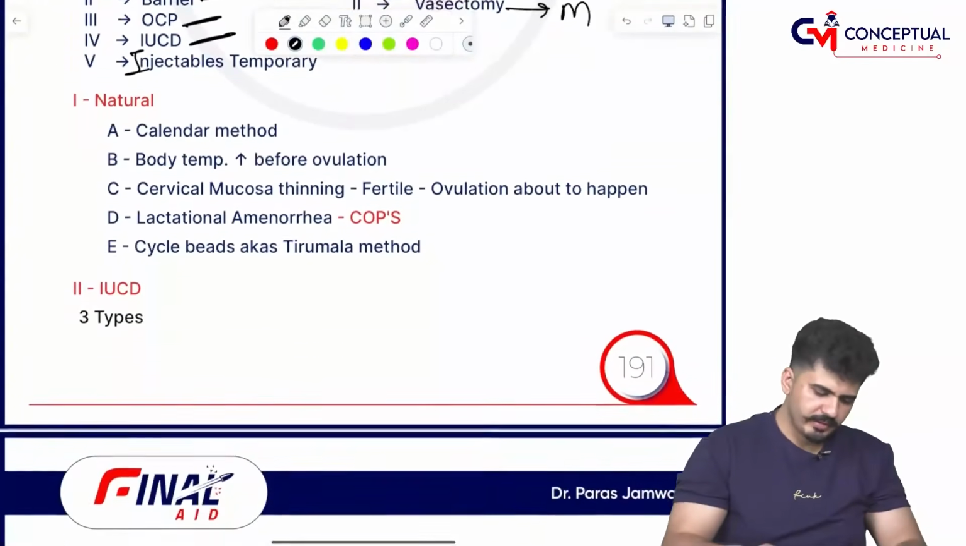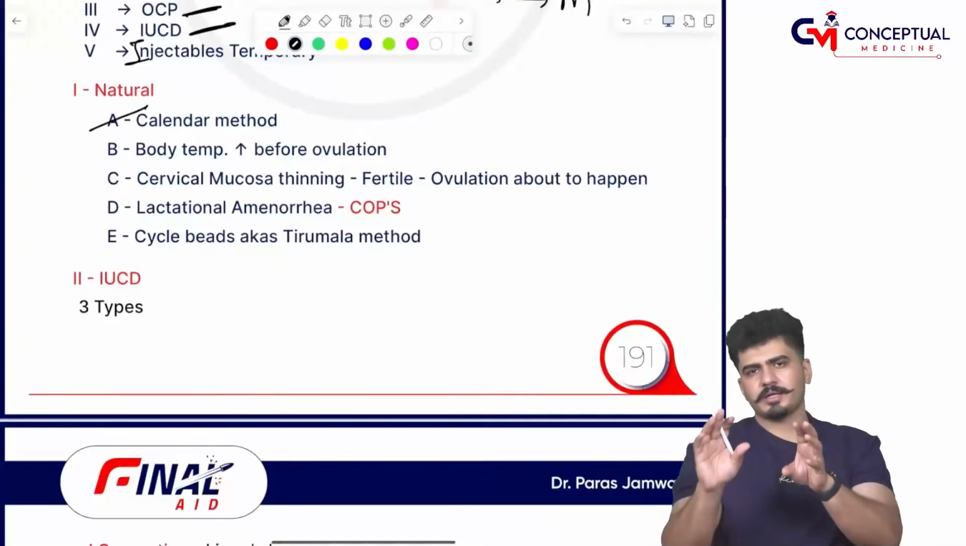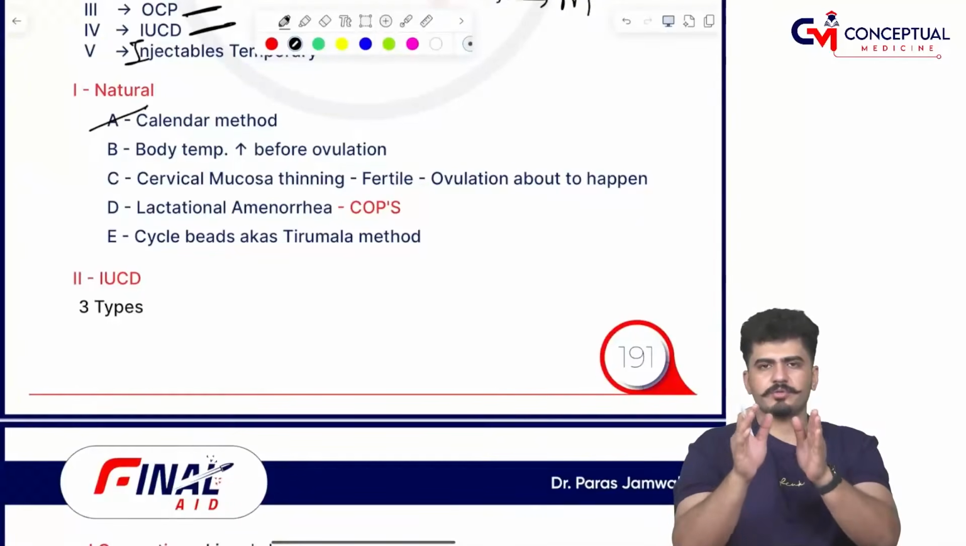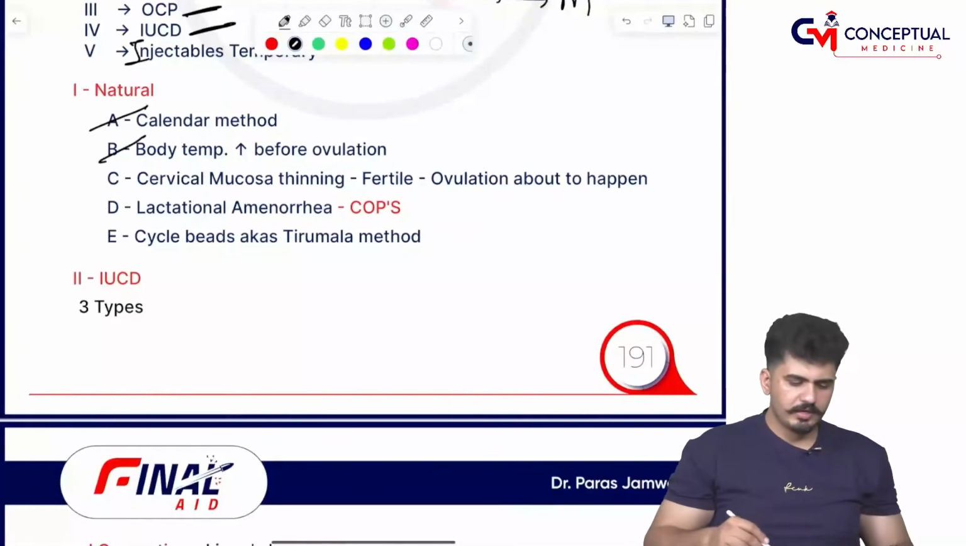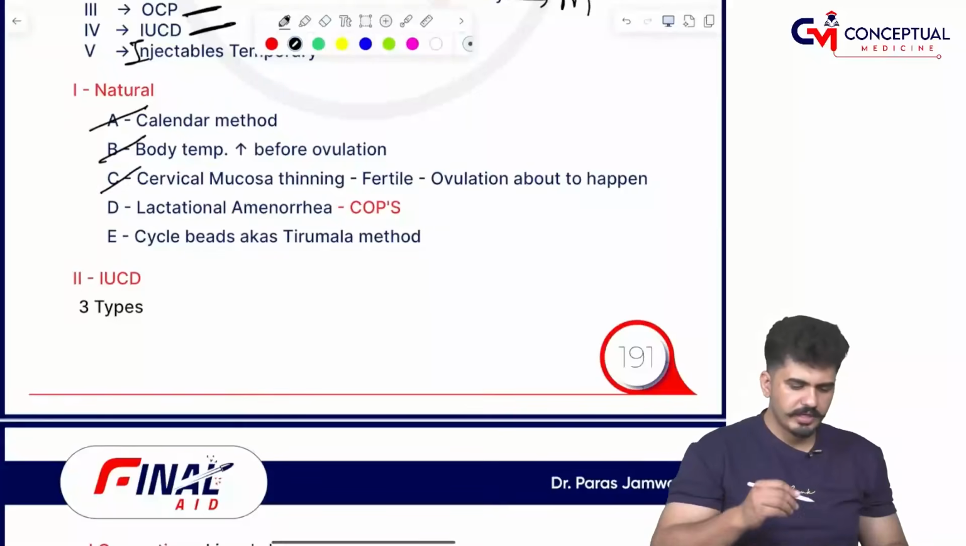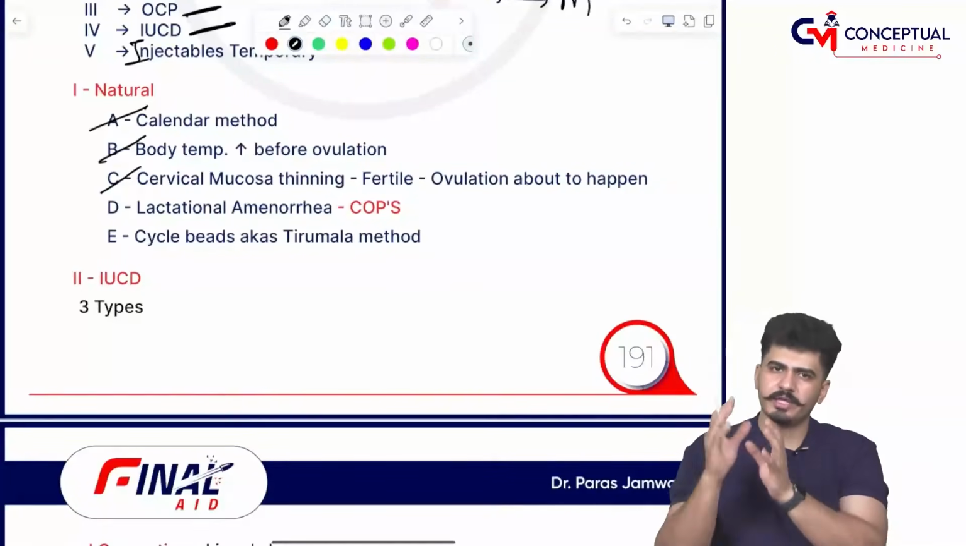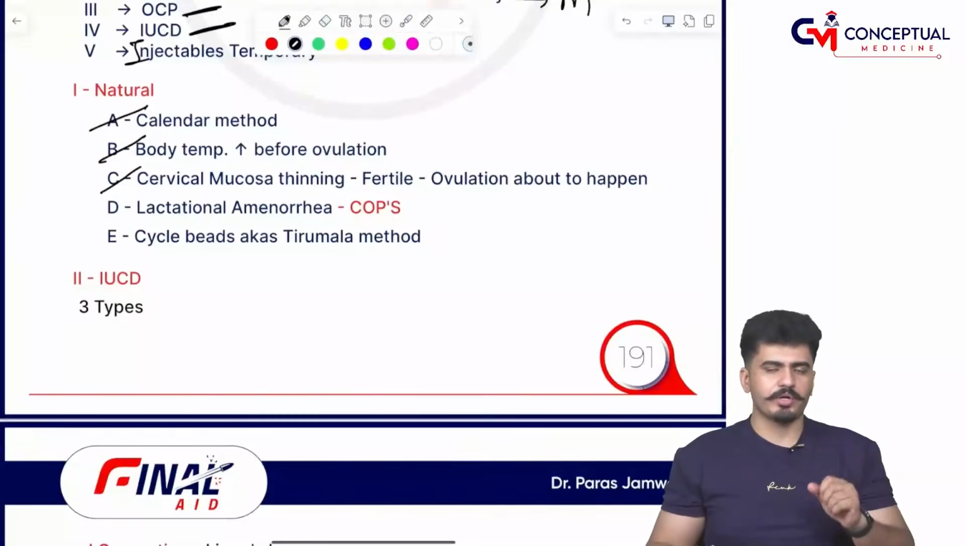First of all, the natural method. We have the calendar method. In the calendar method, we mark the dates on which we should not have unprotected sex. If body temperature is increasing before ovulation, we have to stop unprotected sexual intercourse. If cervical mucosa is thinning, that means the fertile window is going on, then also we have to stop unprotected